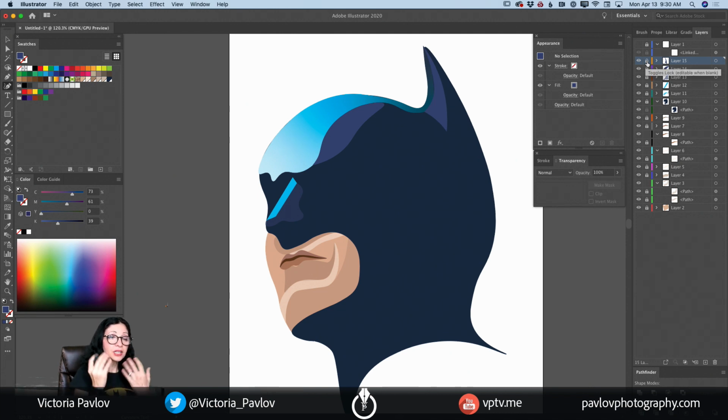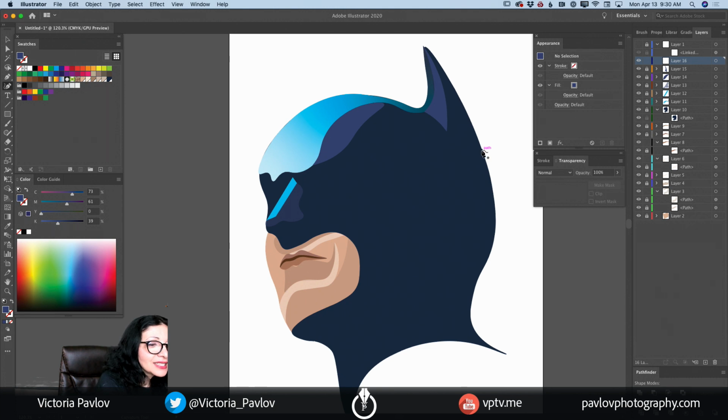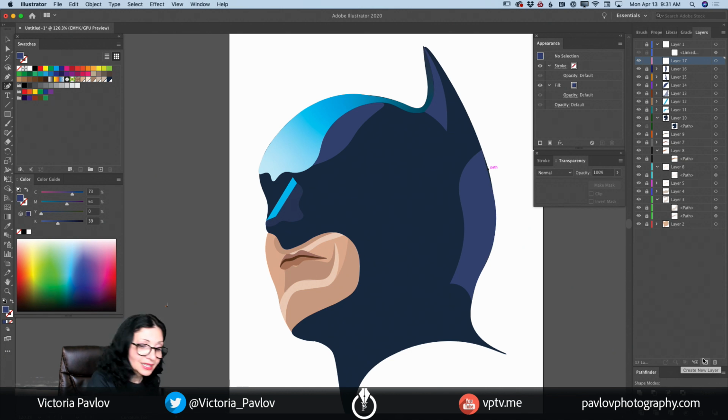Look at this. Now we clearly can preview the shape of Batman's head, even if his head is under this beautiful mask. Let's create a new empty layer, and I will add the last highlight. I think it's last. If I will need to add more, definitely I will do it. Yes, I will need to add one more highlight, just like that. And now I will start outlining this highlight. I will lock this layer, I will create a new empty layer, and I will add the last